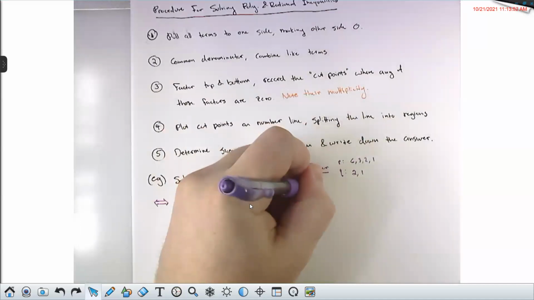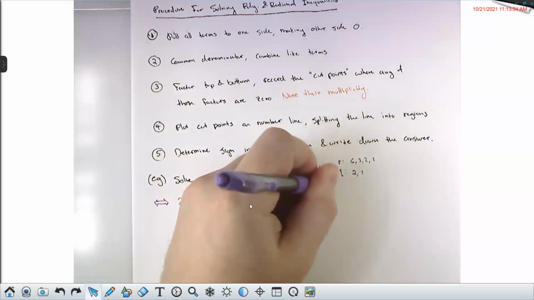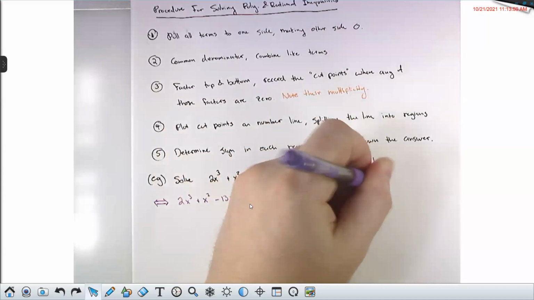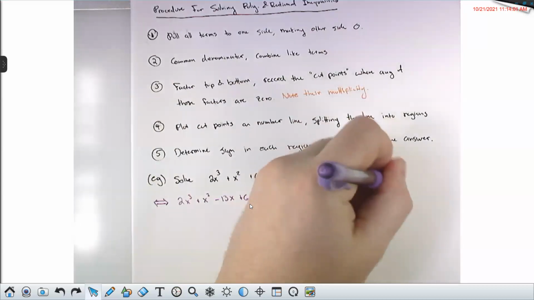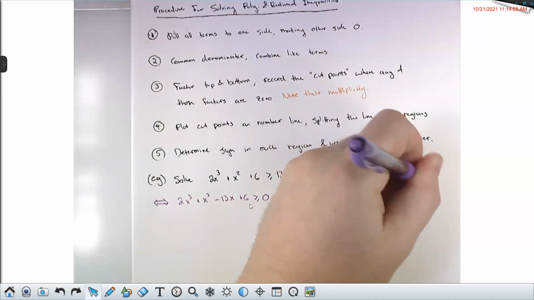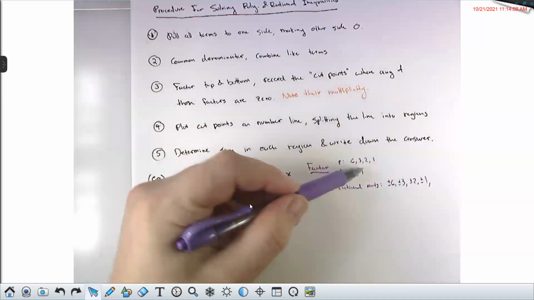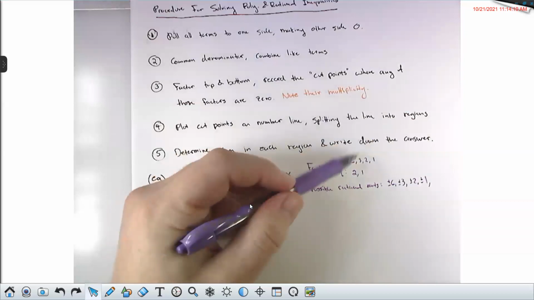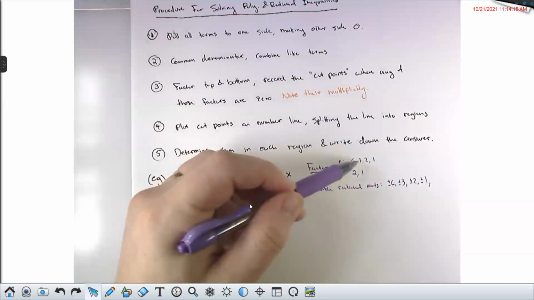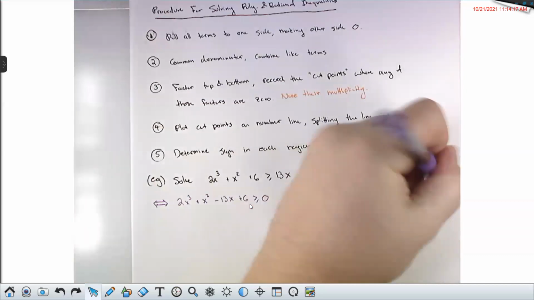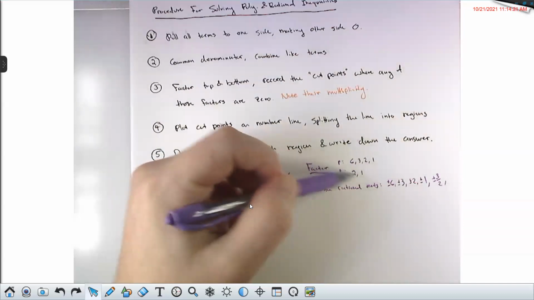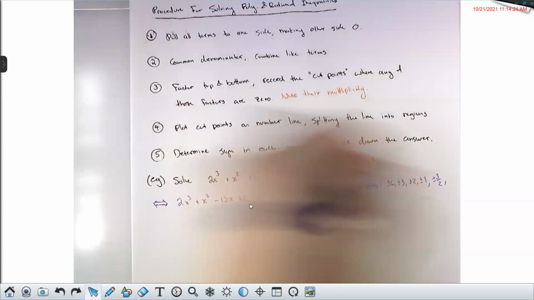So my possible rational roots, those are plus minus 6, plus minus 3, plus minus 2, plus minus 1. That's everything over the 1. And then I look at everything over the 2. Now 6 over 2 is 3. That's already on my list, so I'm not going to write it again. 3 over 2, that's new, so I have plus minus 3 halves. 2 over 2 is 1. That's already on my list. 1 over 2 is new, though.